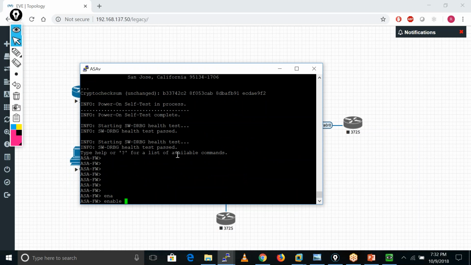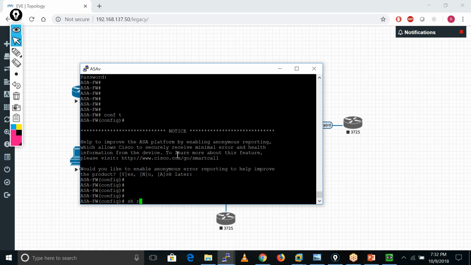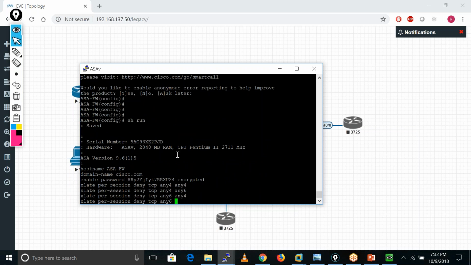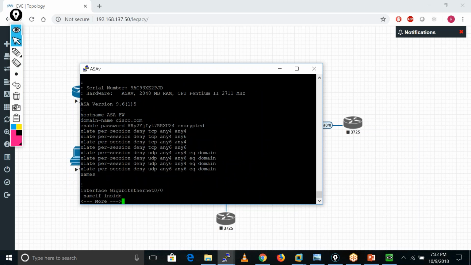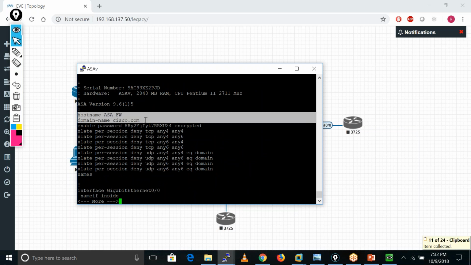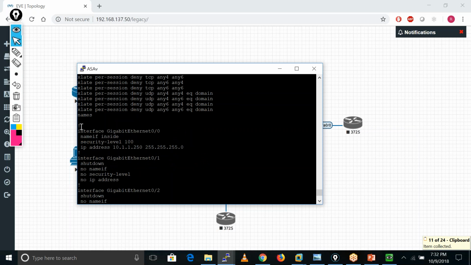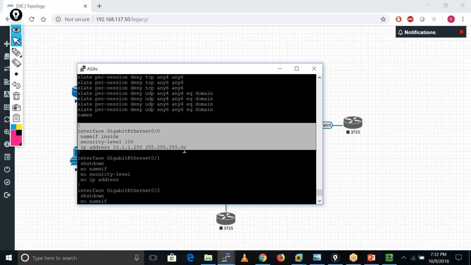If I go to my running config, I am having these two things, which are also available in startup config, right? And the IP, I am not having any configuration. It is like having here.